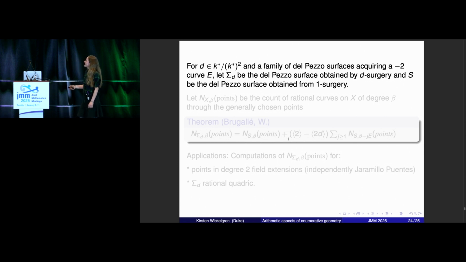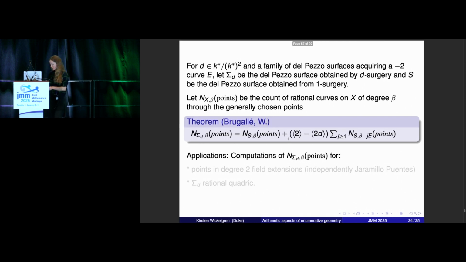We're going to let S be that one surgery where we're putting in a quadratic form of discriminant 1, and for D, we put in a quadratic form of discriminant D, and here are Gromov-Witten invariants, the N